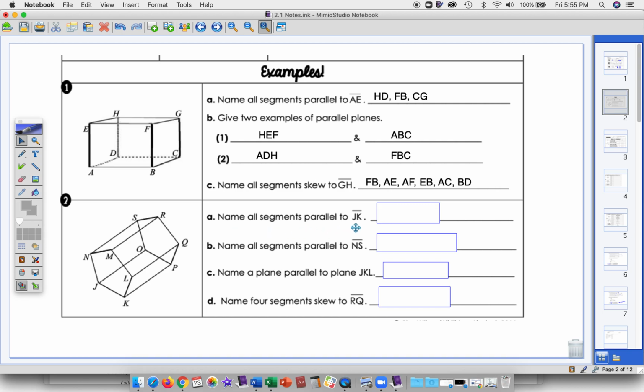Name all segments parallel to JK. So JK is here, and we have the end of this prism, the shape, has 5 sides. Do you remember what that's called? If you said a pentagon, you are correct. So this is a little tricky. I came up with OP, and then I also threw in NL, KP,